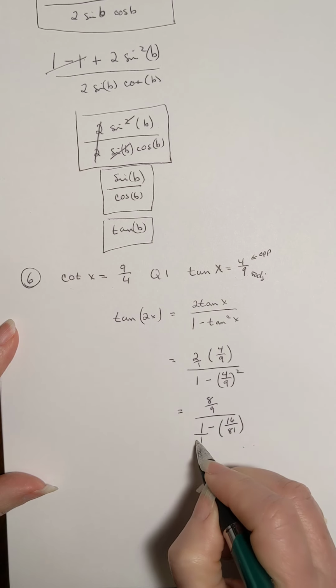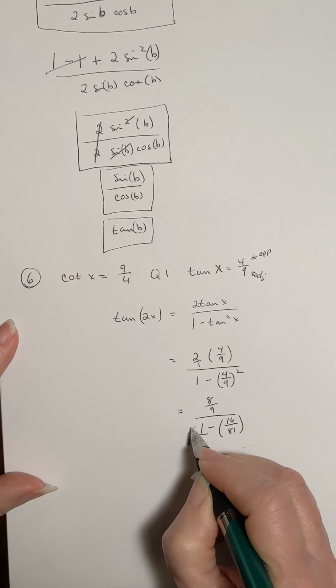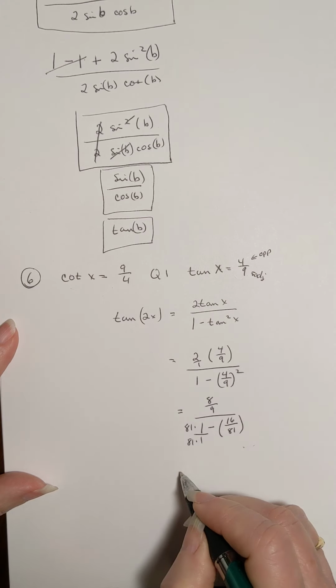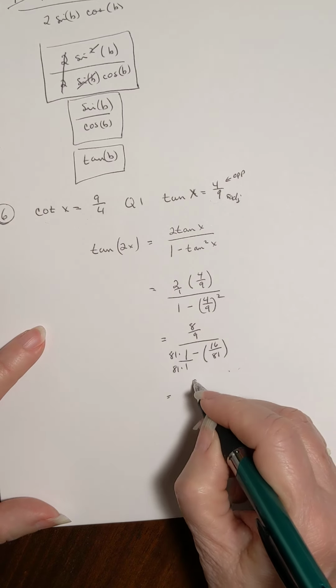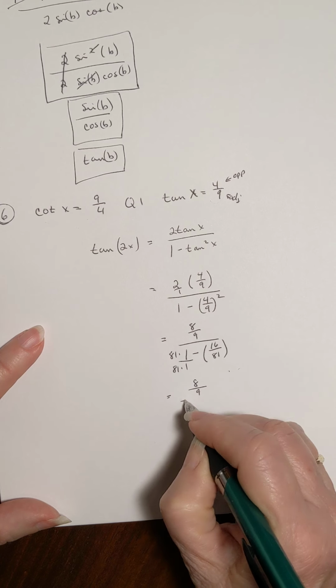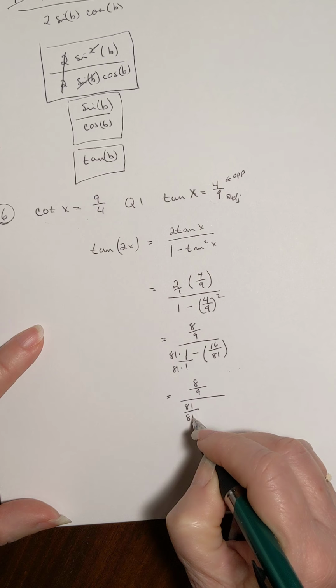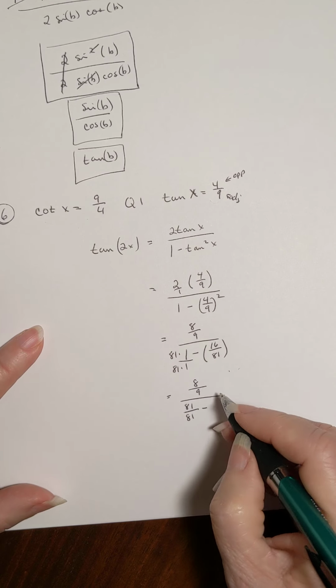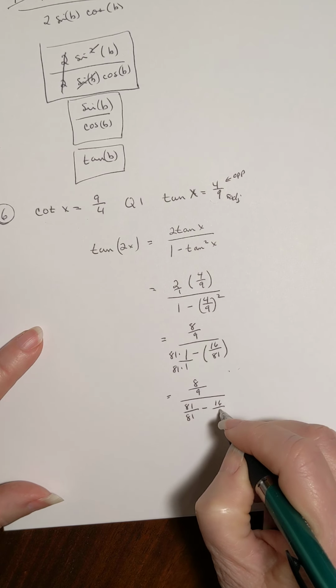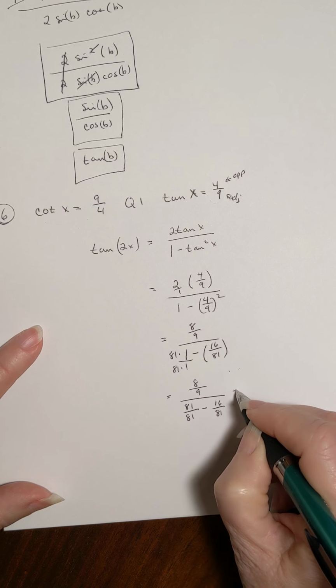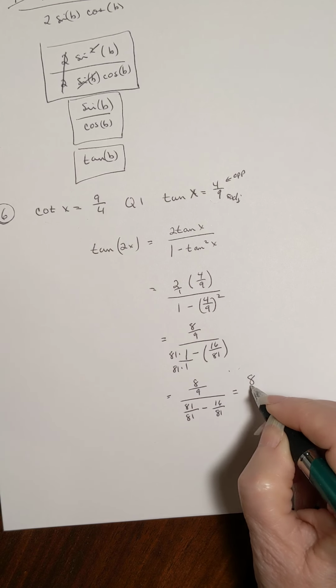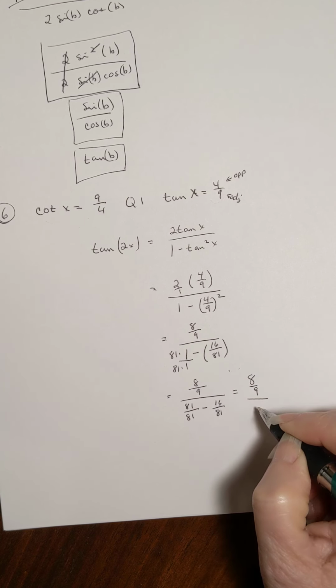This is over 1, so multiply numerator and denominator by 81. So I get 8/9 over 81 over 81 minus 16 over 81, which is 8/9 over, and then 81 minus 16 is